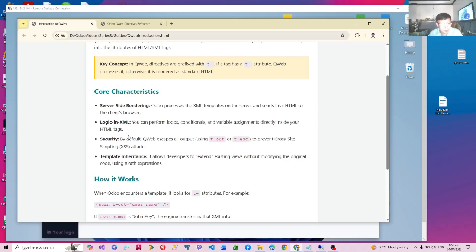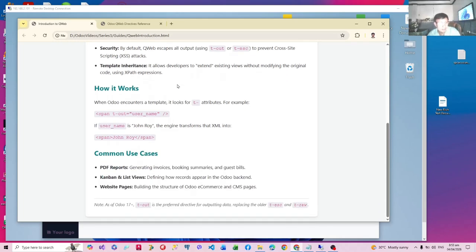And it has a very important feature. It's called template inheritance. Through this, you can inherit an existing layout that you want repeated in all your other reports. An example is a standard header, which may contain our company name, our address, maybe our logo. We can use it as a common template and inherit it to all our other reports so that our reports will have a uniform header.